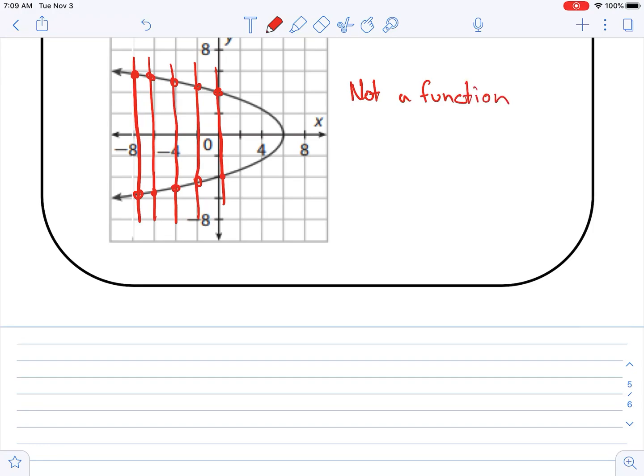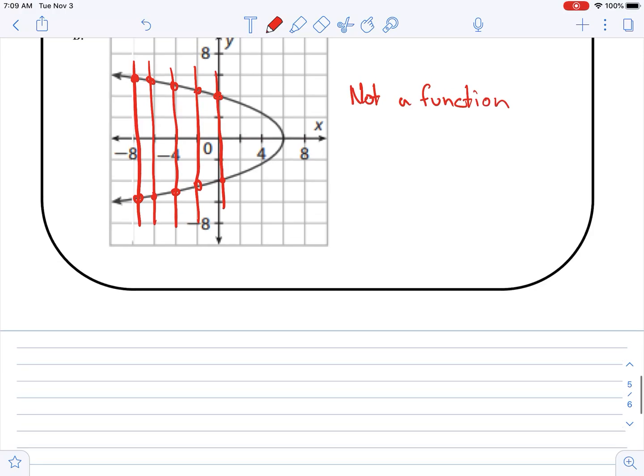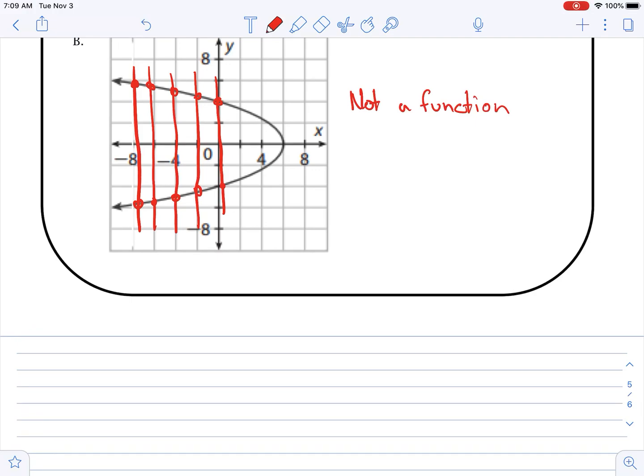And so that's going to be your lesson for today. When you go and look at it, remember your domain is your x values, your range is your y values. You're going to do a mapping diagram where you draw a line going from each one, and a vertical line test. So if just one vertical line hits 2 points, or hits the graph more than once, then it is not